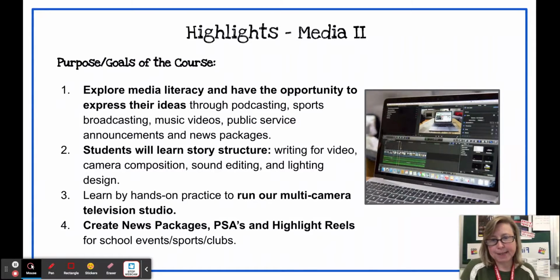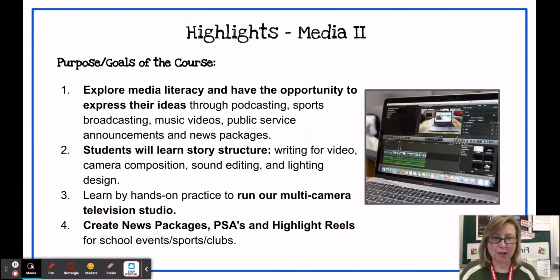Media 2 highlights. Media 2 takes their visual language skills and brings it to the next level. So they have an opportunity to express their ideas through some higher level projects. Newly this year, we have some podcasting equipment and a little podcasting studio that students will be able to practice to create a podcast.